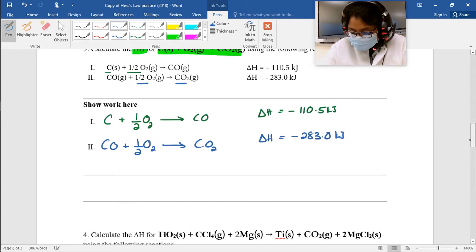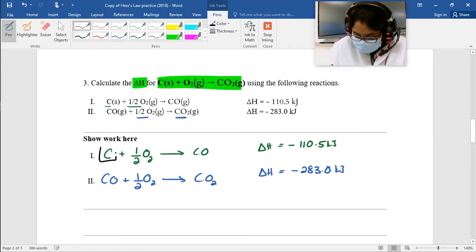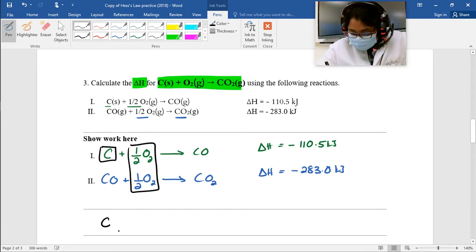All right, let's see how this resolves out. Should resolve out rather easily. You have carbon that we need. We have carbon right there. We need one whole O2, but look at that. 1/2 and 1/2 both on the same side. They're both reactants. That gives us a full O2, okay? And we need a CO2, and that's right there,